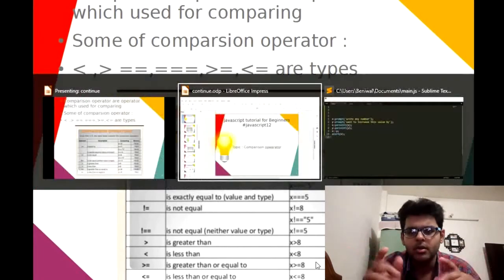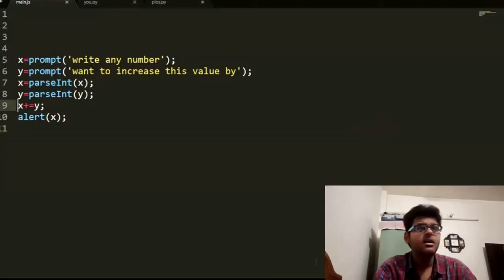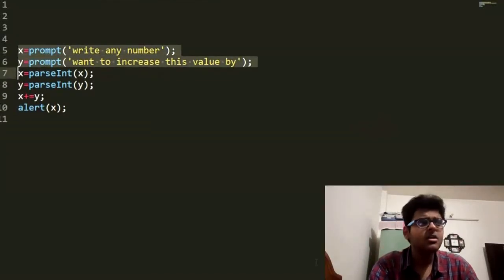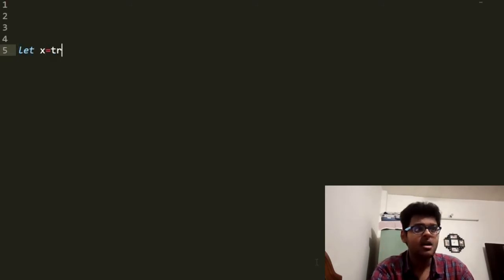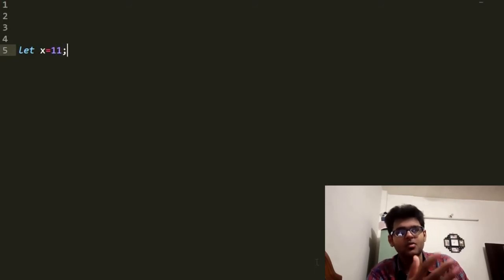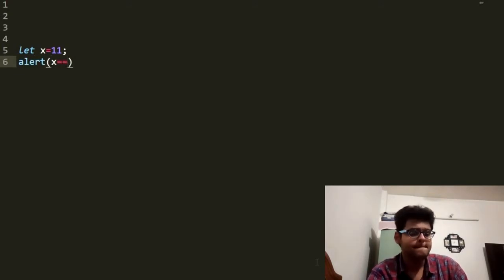Let's discuss, okay, so we will try to explain. Let x equal 11, and then alert x double equal 10.